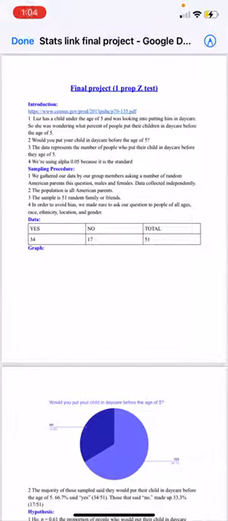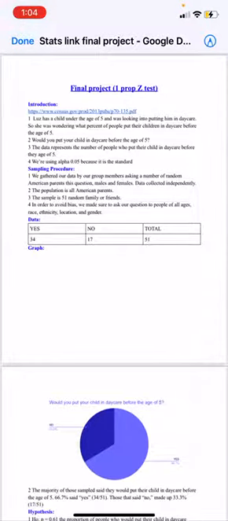My presentation is about our simple statistics final project, a one-proportion Z test. We chose this specific subject because Luz has a child under the age of 5 and was looking into putting him in daycare. So she was wondering what percent of people put their children in daycare before the age of 5. The question that we asked was, would you put your child in daycare before the age of 5?